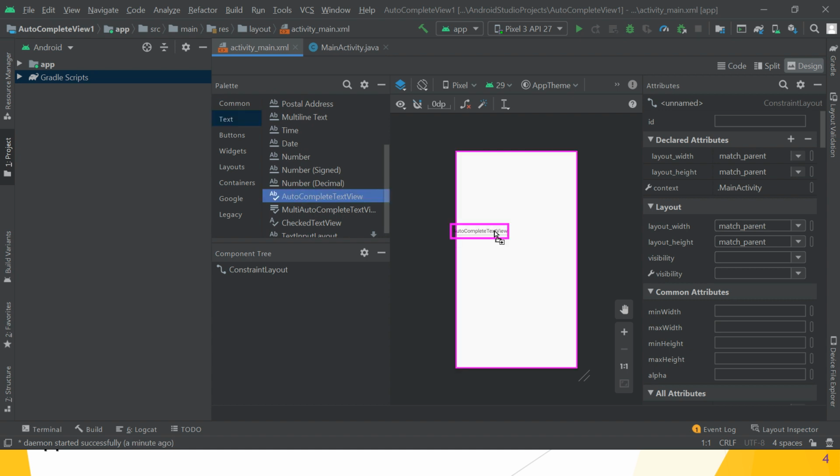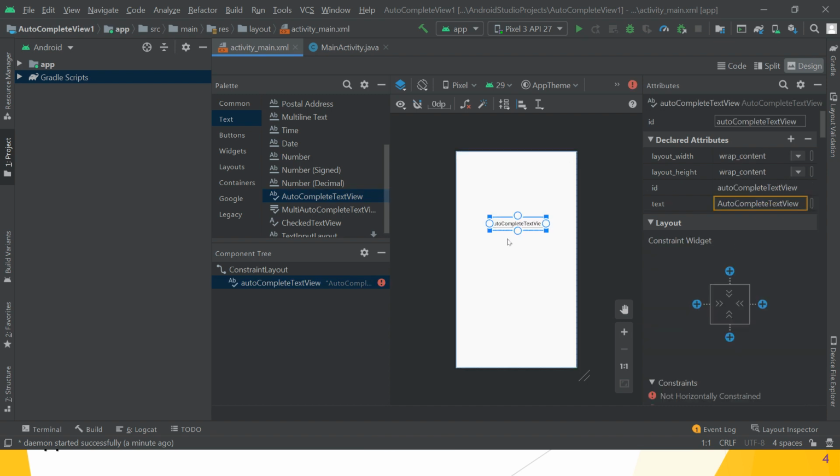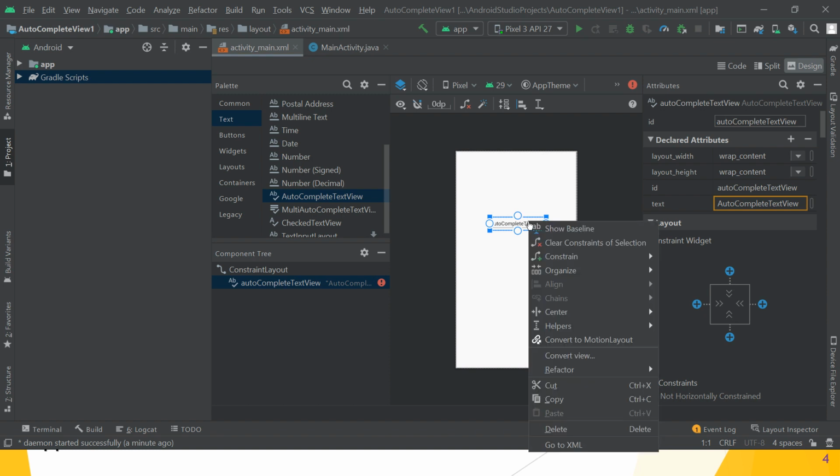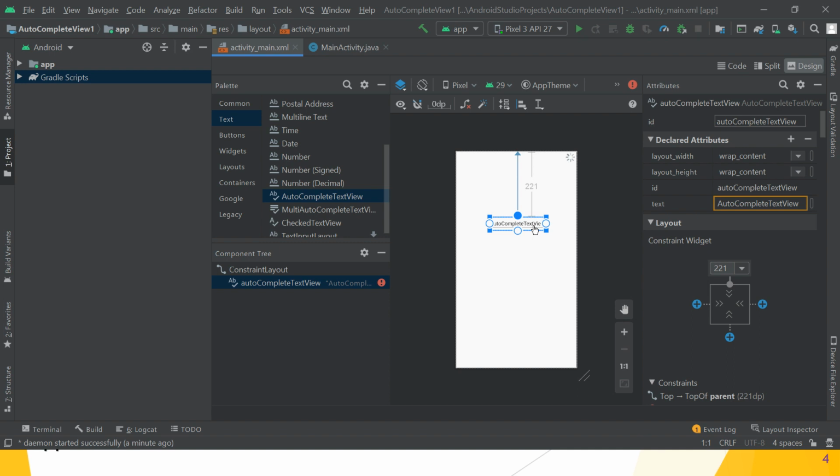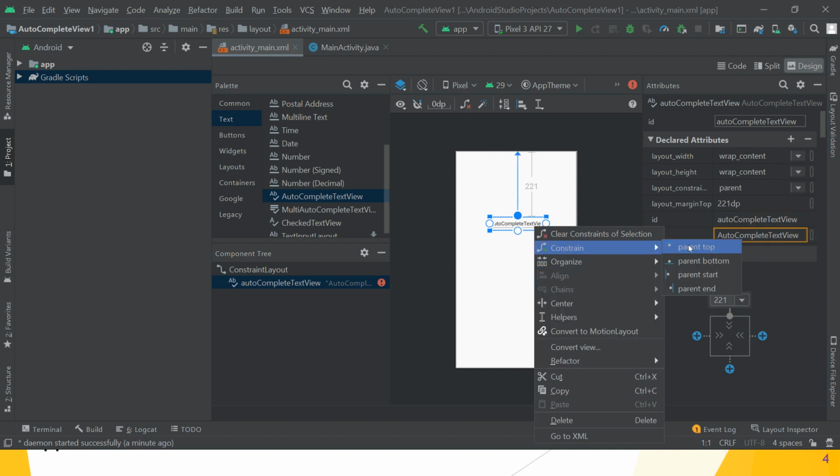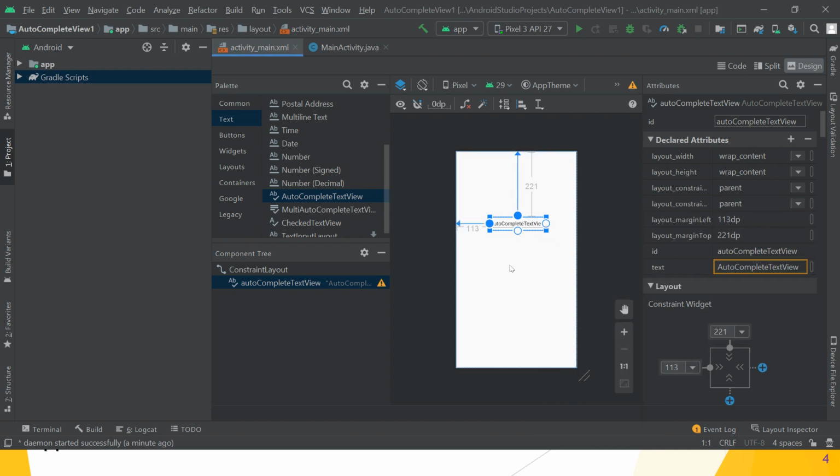So just drag and drop the AutoCompleteTextView onto your layout. After that, right click and give the constraint to the parent top and the parent start. Great. If you want, you can increase the size of our AutoCompleteTextView.